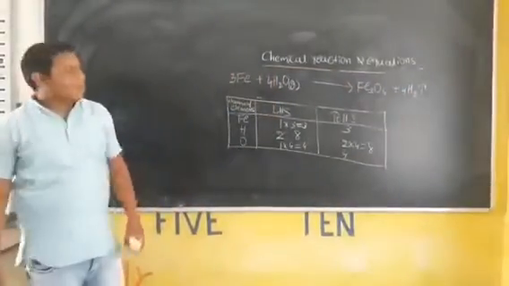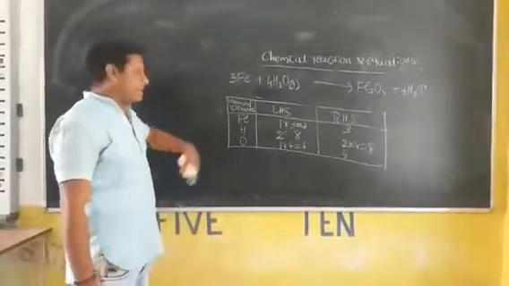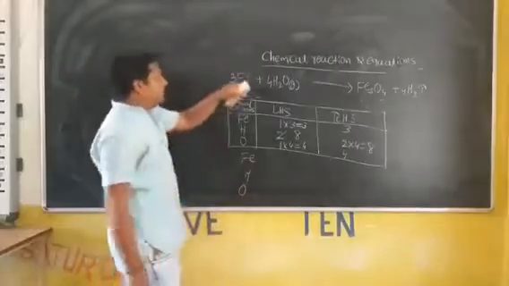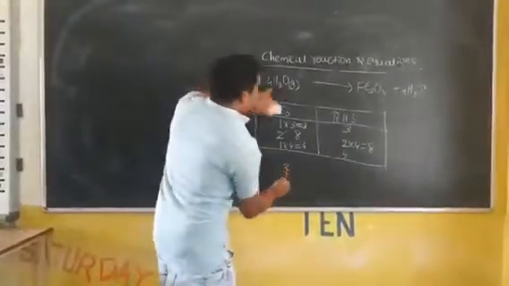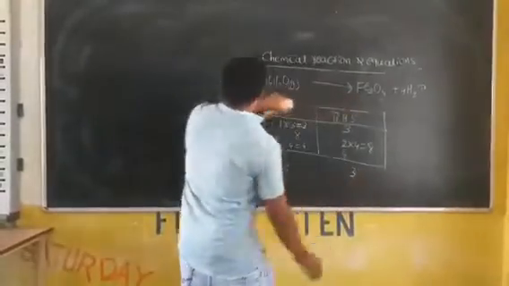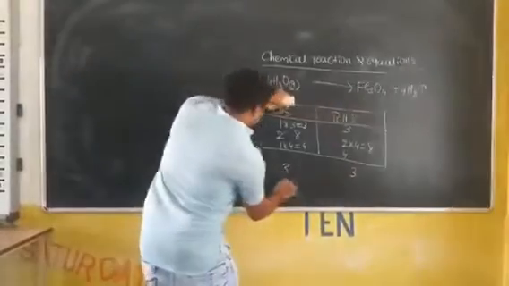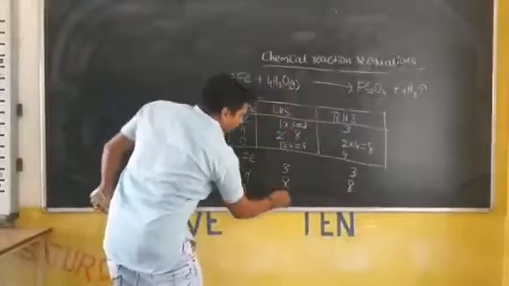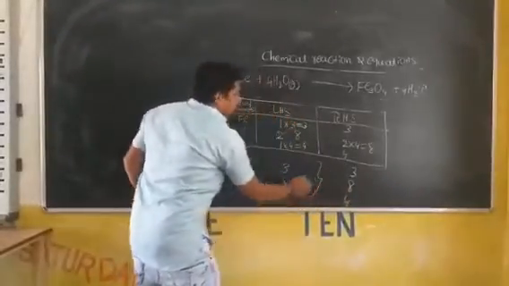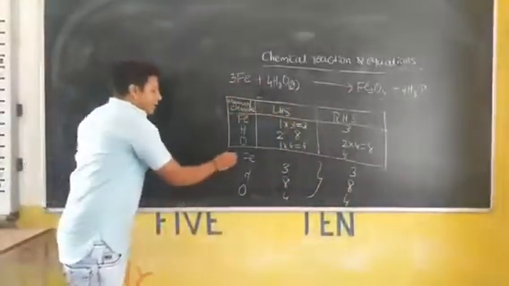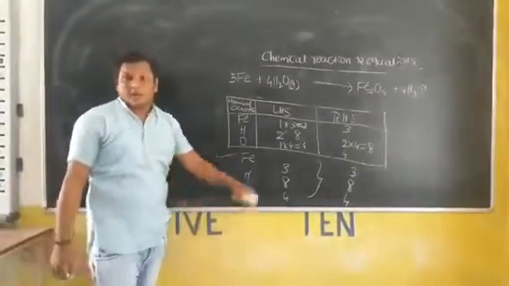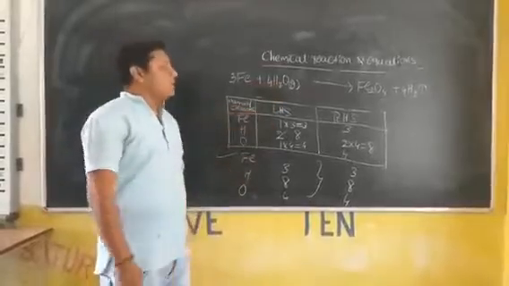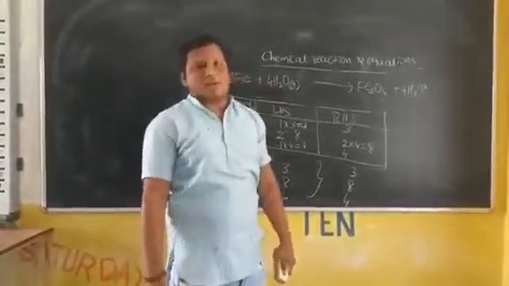Now check the number of elements on LHS and RHS. Fe, H and O. How many Fe are present here? Here it is 3 and here also it is 3. And what about hydrogen? 4 2s are 8 and here it is 4 2s are 8. Now oxygen is 4 and oxygen is 4. Now it is balanced and hence it obeys the law of conservation of mass. Now we call it a balanced chemical equation. This is the method of balancing a chemical equation.